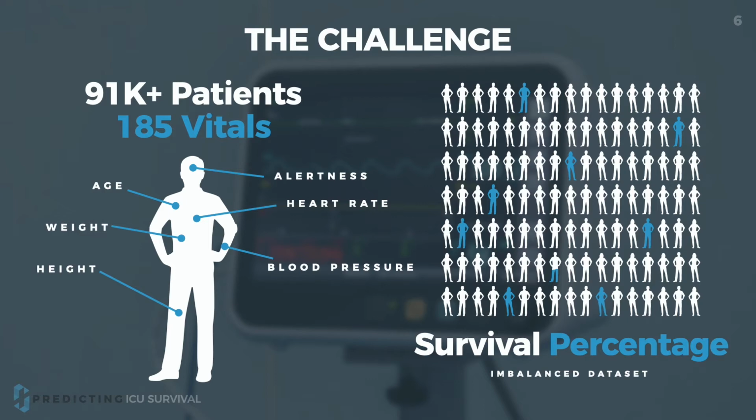This is called an imbalanced dataset, since the thing that we are attempting to predict is heavily skewed towards one side and means our prediction will apply much more significance towards the 91% of the patients who survived. We had to keep this imbalance in mind while we were working through our data, especially while handling the missing values in our dataset. Let's take a look at that missing data.